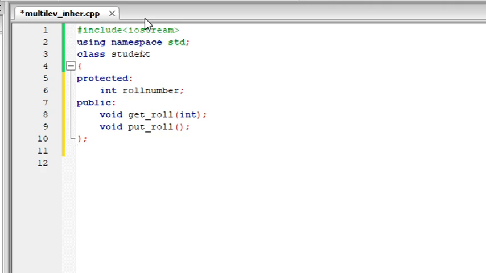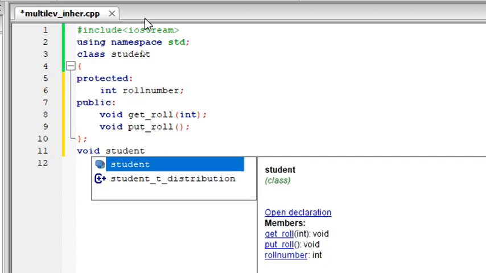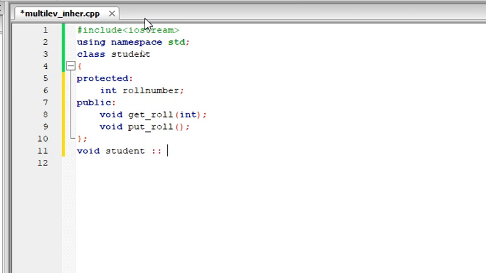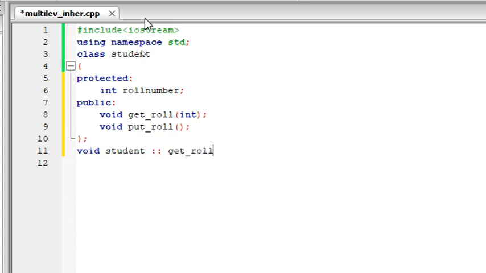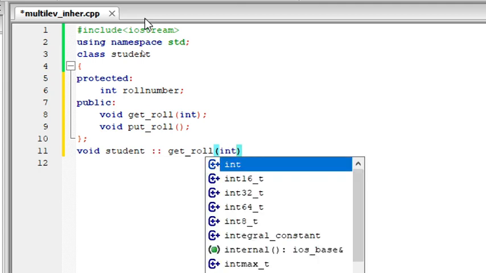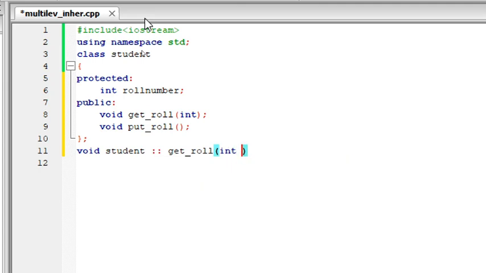Let me define this outside before going to the other class. So void student. The reason I'm defining this outside is to make you familiar with how to do it, because every time I define it inside the class, you might not have an idea how to define it outside a class. So that's the reason I'm doing it. It's all up to your interest.